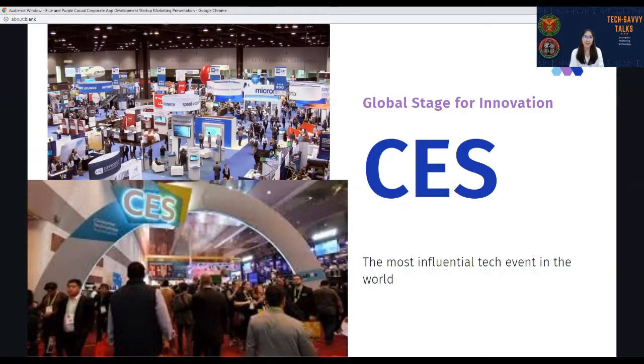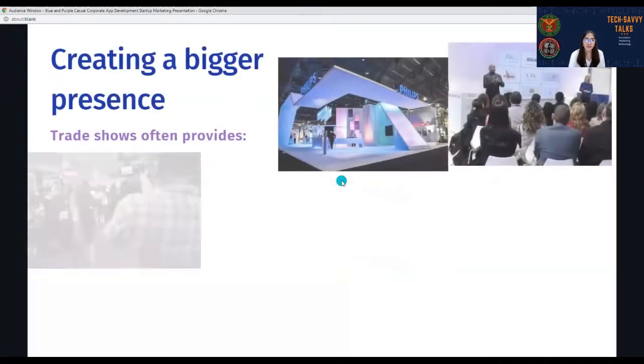So for high-tech companies and technology products, these technology trade shows have always been a good opportunity for IT specialists where they could show their inventions and see something new developed by other people as well. So what are the benefits of participating in these trade shows?